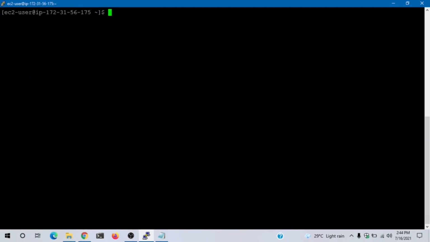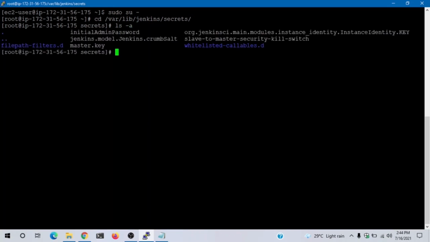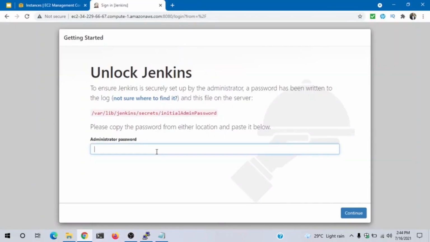I'll clear the window first, get myself admin rights, and then navigate to this directory. Click on ls -l. We need to check this file. That command will work, and then I'll copy the password which is there, paste it, and continue.